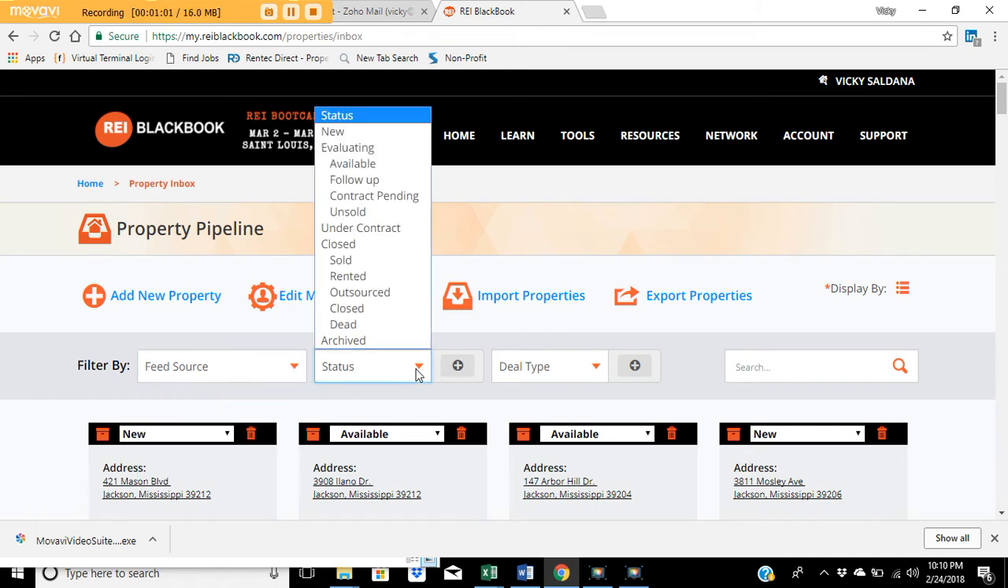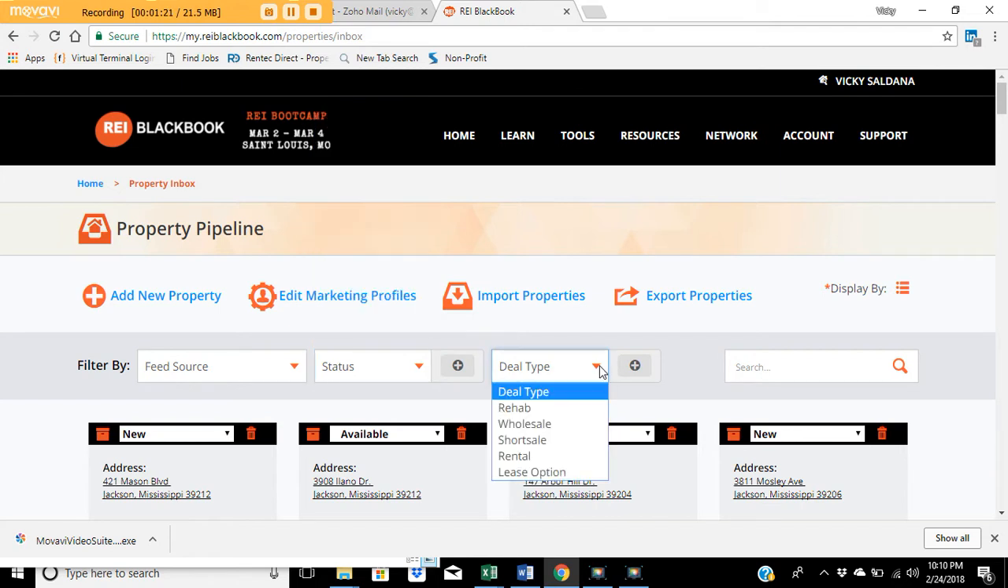But the status. If it's one that we are looking into, you always want to put it under evaluating. And if we decide we want to proceed and make an offer, then change it from evaluating to follow up. And then deal type. What kind of deal is this? Is this a rental deal? A lot of the times you won't know when we're doing the analysis. So just always mark it as wholesale unless we go ahead and say, okay, that one we could do